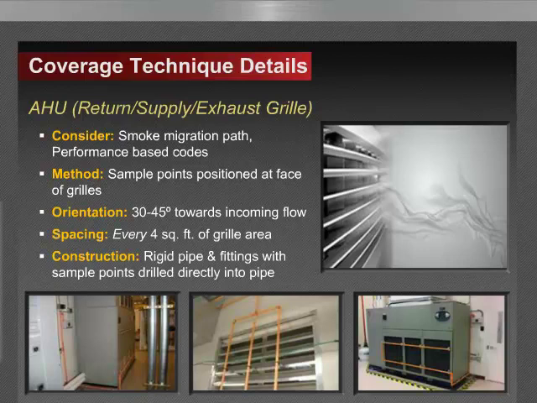reaching ceiling detection points, causing the smoke to dissipate more widely. Well, this can be overcome by complementing area detection at the ceiling with sampling at all points where air leaves the space, such as at return air grills, transfer grills, or exhaust grills. So care must be taken to orient the sampling holes 30 to 45 degrees towards the direction of the incoming airflow, and that the sampling pipe stand off between 2 to 8 inches in front of the grill, and this is in order to avoid the low pressure point directly at the grill surface.